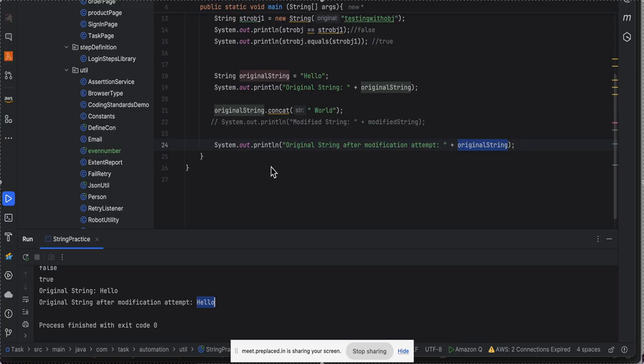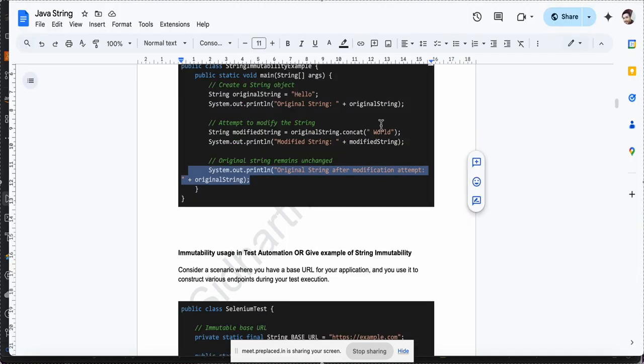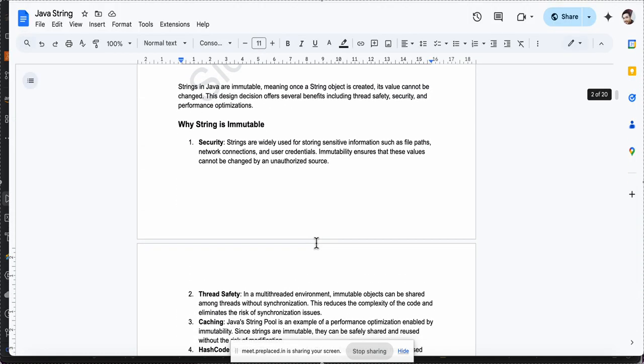That means once you define the value, it will not change. If you want to change, you need to create another string altogether, right? Because here we are defining a completely another string, saving it, and then only printing it. If you directly write original string dot concat, then it is not going to work, right? So there is a strong reason behind it why we do it,